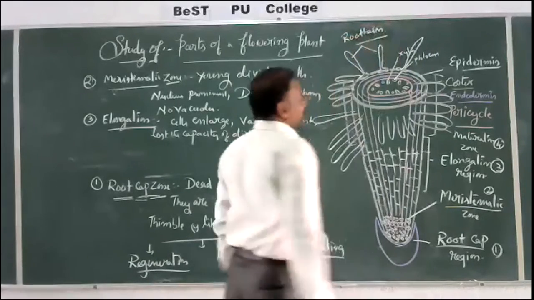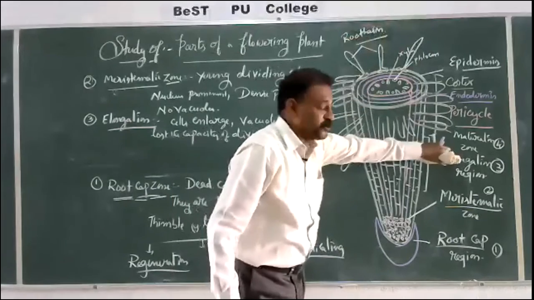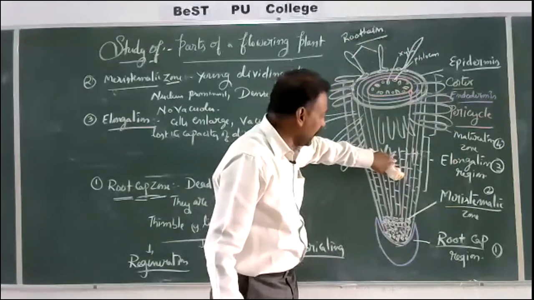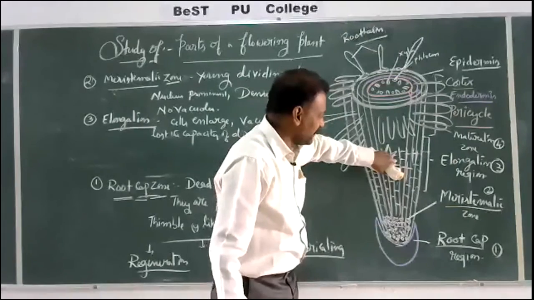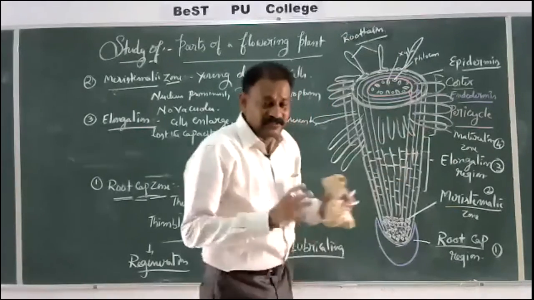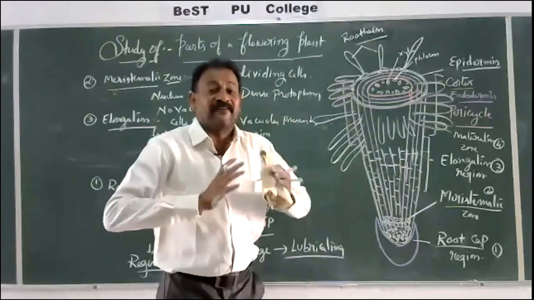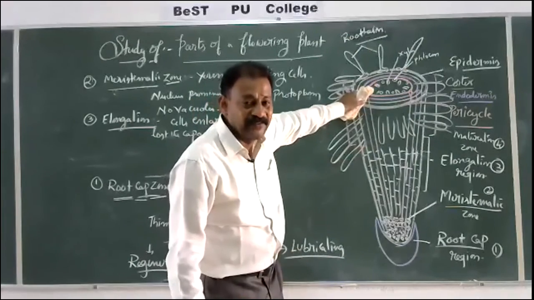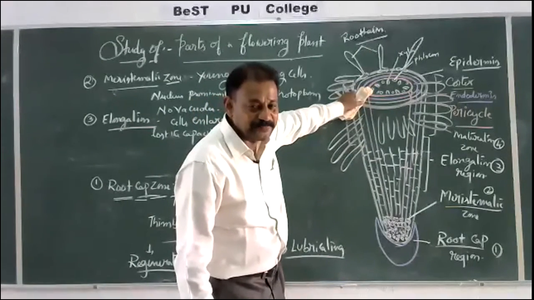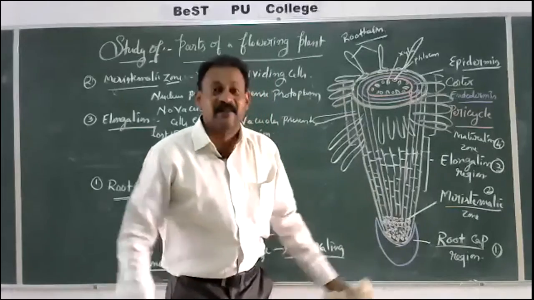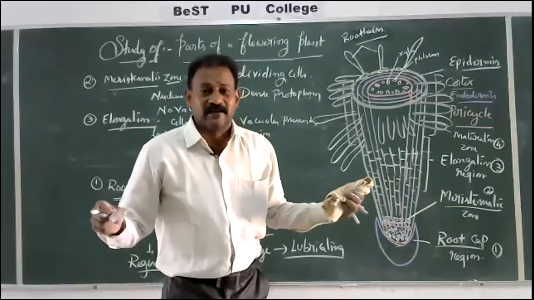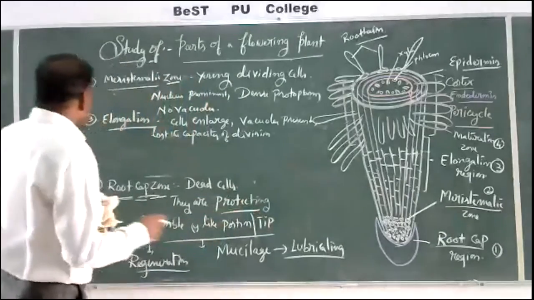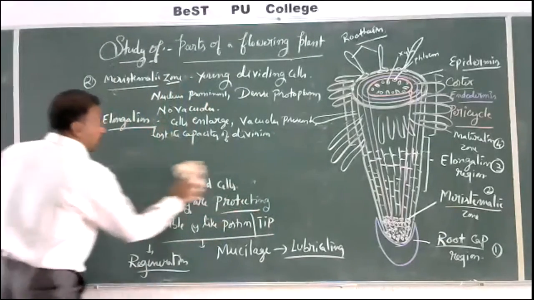Question comes, zone of maturation, it means which is proximal to the elongation zone. In this mature zone, cells become mature and attain shapes. What shape are they attaining? They are attaining the shape of root hairs. And what is the function of root hair? To absorb water. And how are root hairs capable of absorbing more water?